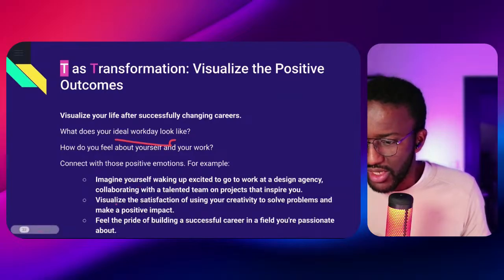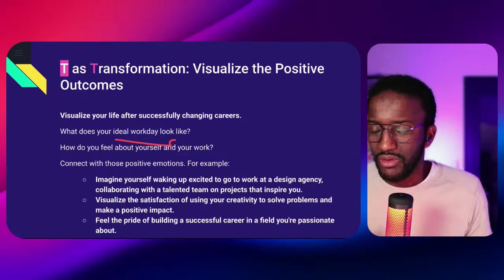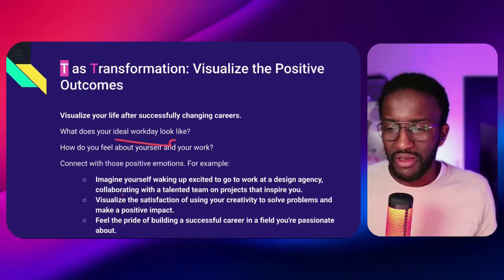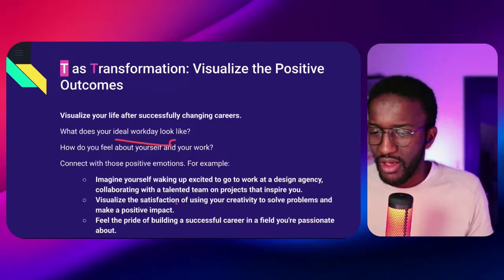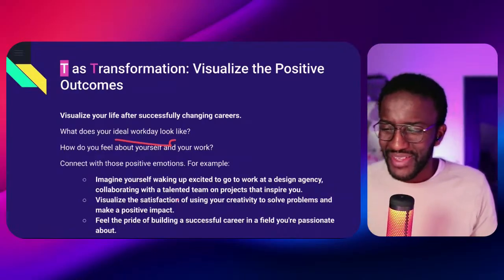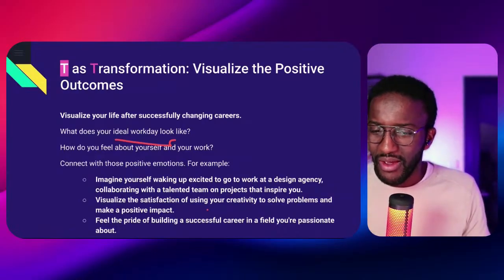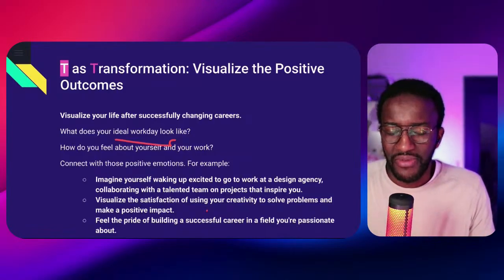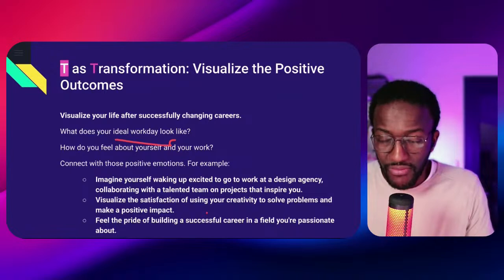So, in the example that I was giving before, imagine that you are creative now, you have left your 9 to 5, you are creating your own design agency. You can visualize the satisfaction that you can feel at the end of the day, to say, okay, I have done something concrete.